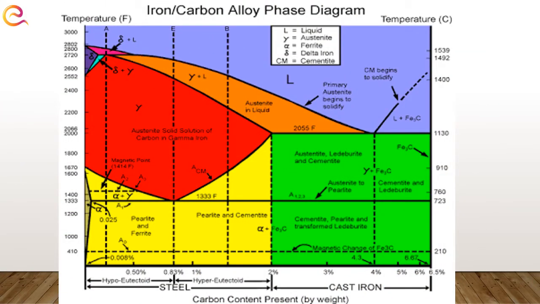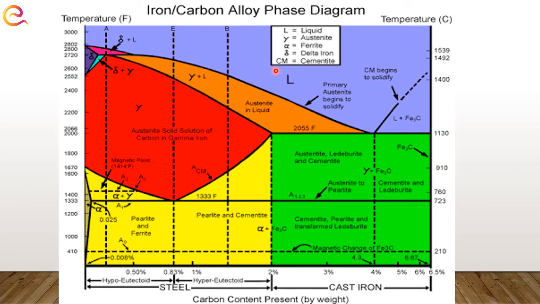For graphical study we have taken here the iron carbon alloy phase diagram. This diagram can also be called the iron carbon phase diagram or iron carbide diagram. On the horizontal axis, we have taken the percentage of carbon. From left to right, the percentage of carbon is increasing. On the vertical axis, we have taken the temperature. From bottom to top, temperature is increasing. This diagram shows the different phases of iron in presence of carbon at different temperatures.